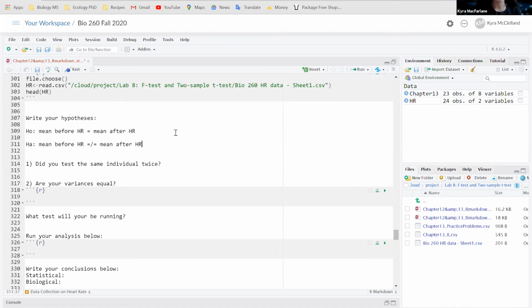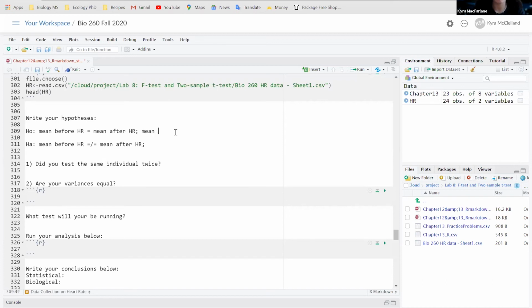Okay, so those are not wrong. Don't get me wrong. Those are not wrong. But from what we know about physiology and heart rates and what happens when we exercise, could we be more specific? Do we have any predictions about what we expect our heart rates to actually do before and after exercise? Yeah. Our after heart rate should be higher than our before heart rate. And we can see that. You probably saw that when you were typing in your data and when you did it yourself, that your after heart rate was higher. So a more specific hypothesis